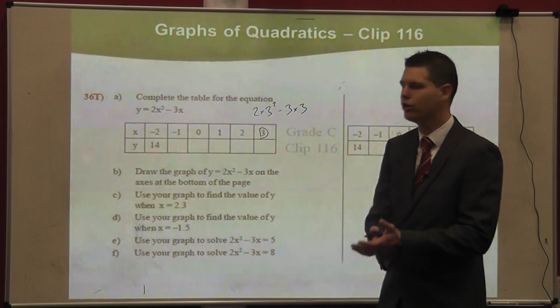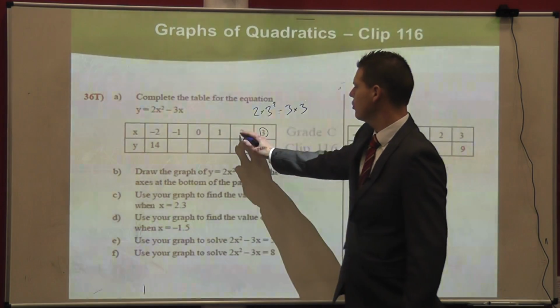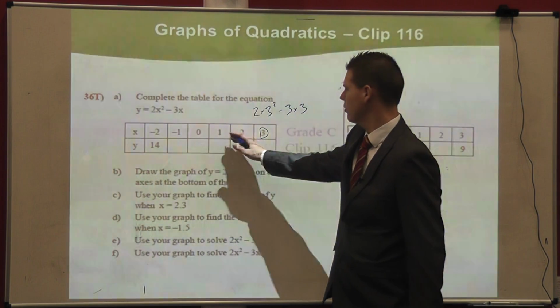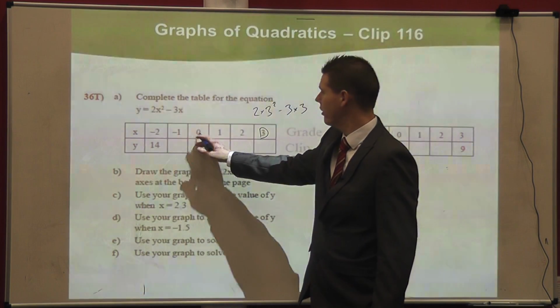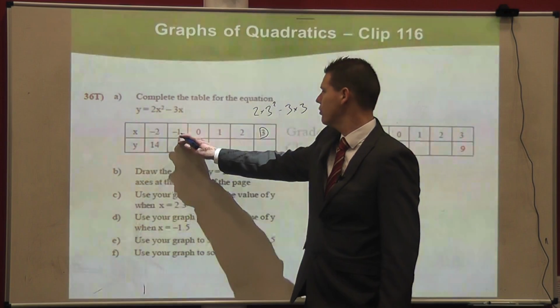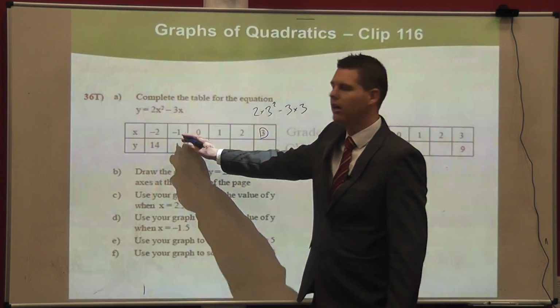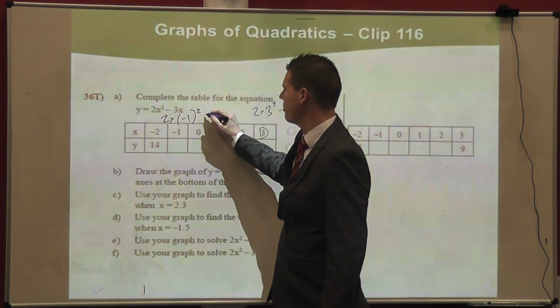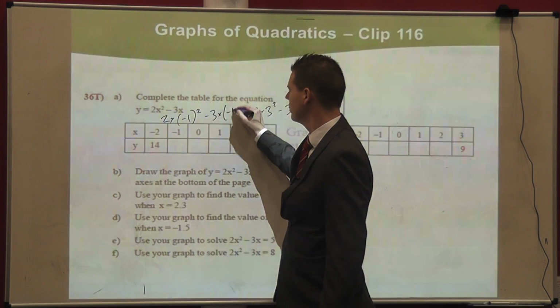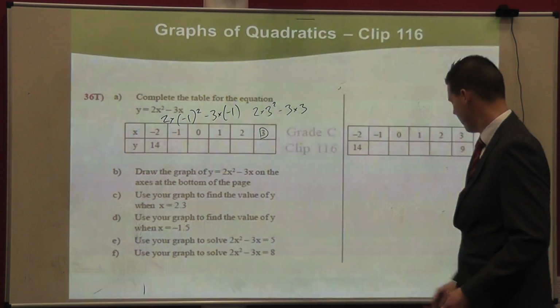Type it in your calculator, push equals, you'll get a value. 2 times 2 squared, take away 3 times 2. 2 times 1 squared, take away 2 times 1. 2 times 0 squared, take away 2 times 0. 2 times minus 1 squared, take away 2 times minus 1. Remember, on your calculator, when you're putting in minus 1, put it in brackets. And then what you'll end up with